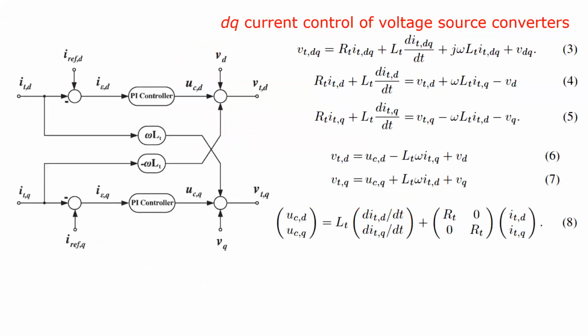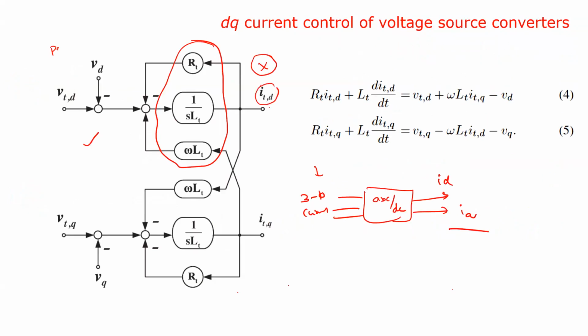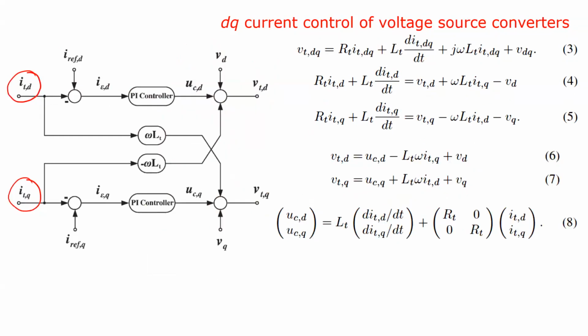So next we will come to the other part. How exactly are these inverter voltages obtained? Once you know the values of ITD and ITQ, in the previous one we discussed two methods: one is estimating the values of ITD and ITQ without sensing the currents, and the other is with sensing currents. So ultimately, these currents are available in one of the forms, either with measuring or without measuring, right? Once you've done this,